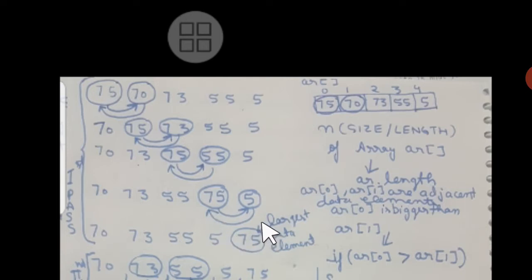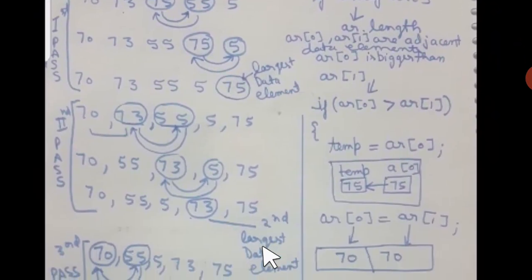Alright. So we have to stop our loop, which we are going to write for compare and swap, at 3 first time. Right. And how that will be written, I will show you. But you just keep this point in your mind. We have to stop at 3. So collectively all these steps where the biggest data has reached its destination, these steps are known as pass. So this is our first pass, and at the end of the first pass, the largest element has reached its destination.